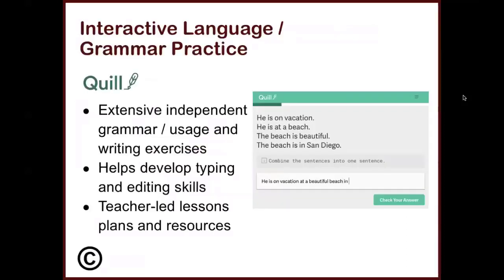We're going to switch into language now. So Quill is an interactive grammar and language practice site. So what I really like about Quill is it also practices typing. So these are independent activities and there's whole class activities. In this case, you see on the right, this is an activity where it's giving you 4 fragmented type sentences, and the student is asked to create a single sentence, combine all of these sentences into one sentence,